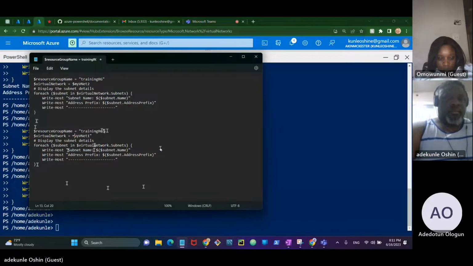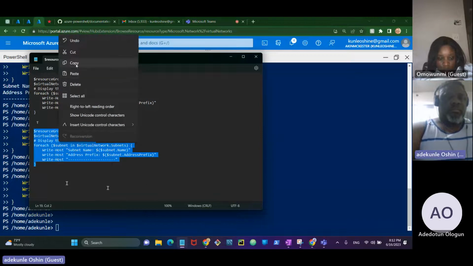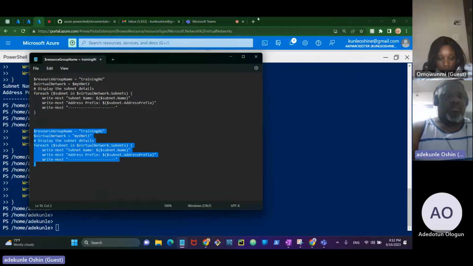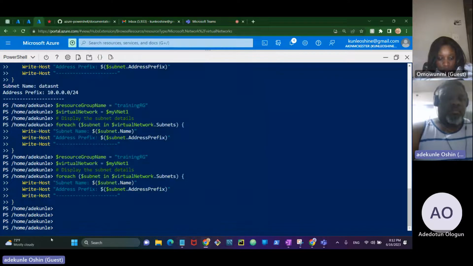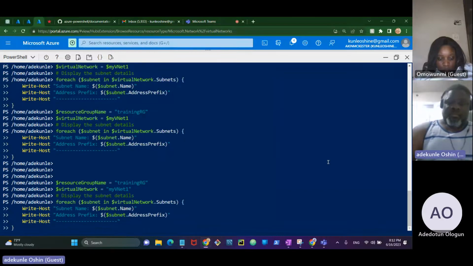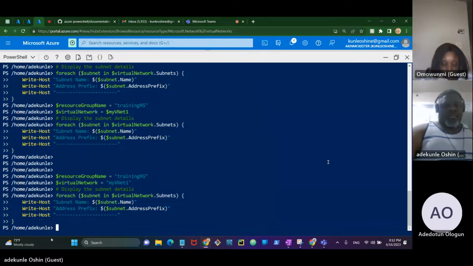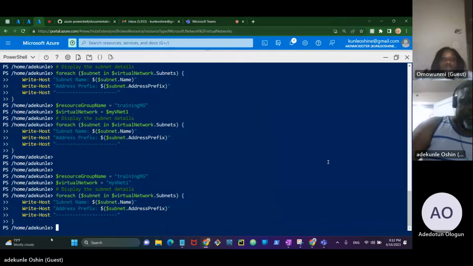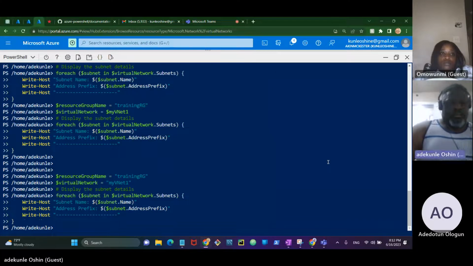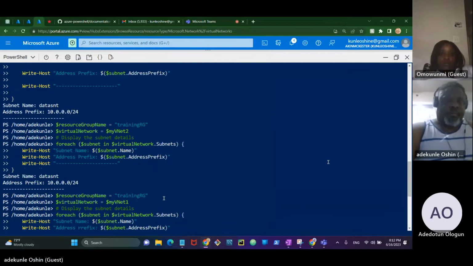So now I let them copy. Press enter. I don't know why it's not showing. I don't know why it's not showing. But won't show the other one. Won't show the two. Won't show the two. I don't know why it's not